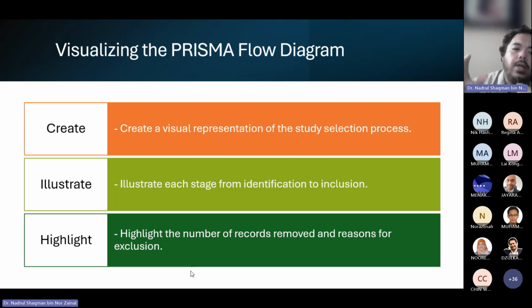Then you go down to step two. What have you done, right? So basically it offers a quick and comprehensive overview of your whole systematic review process. So you need to first create a visual representation, then you illustrate each stage of your process, and then you highlight the number of journals or articles that you have removed at each point,